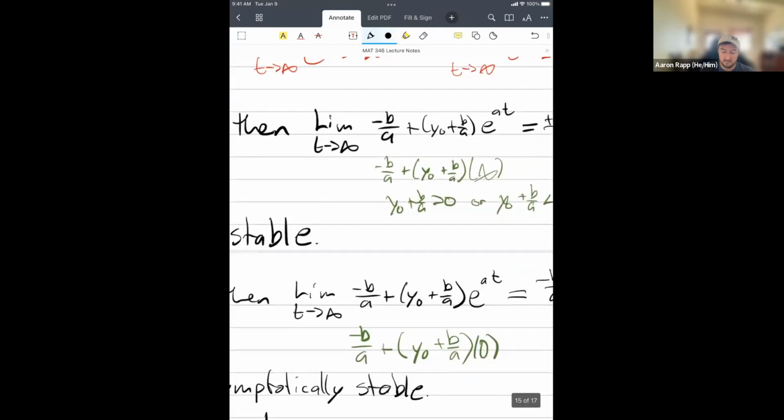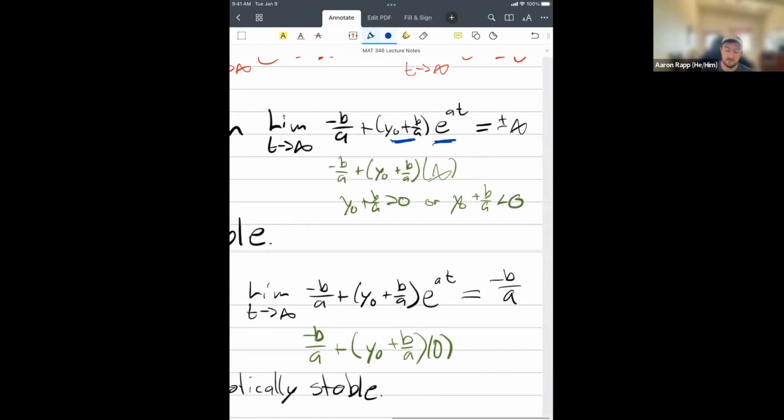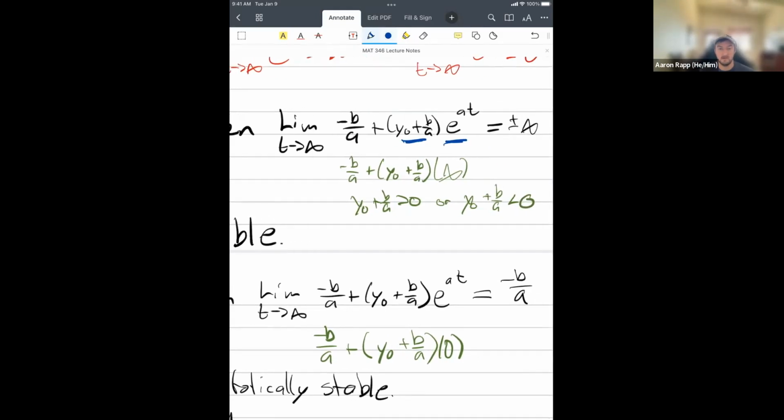Because this exponential part of my solution is going to be getting larger and larger and larger, so it's going towards infinity. Whether it goes to positive infinity or negative infinity just depends on what that coefficient is. But either way, it's always going to either positive or negative infinity, which means I'm going away from that equilibrium value, making it unstable. It's only stable